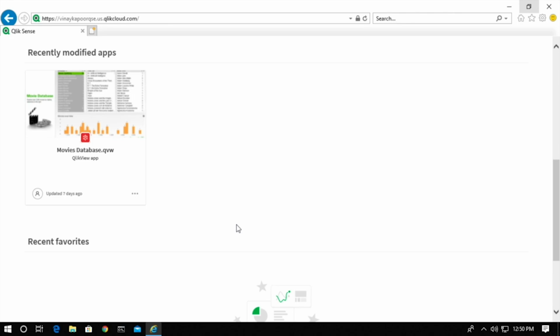Now this option does require certain prerequisites to be in place. The IE plugin has to be installed on the computer that the user is accessing QCS from, and it has to be configured, and that's about it. As long as the user is using Internet Explorer and they have IE plugin installed on the computer, that option will show up automatically. So with that, I'm going to wrap up the demo.